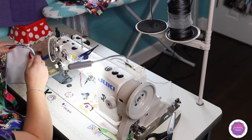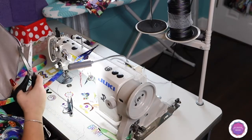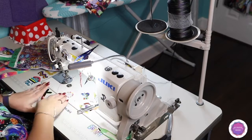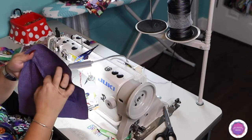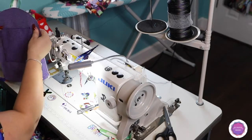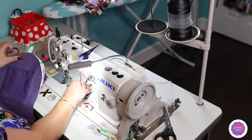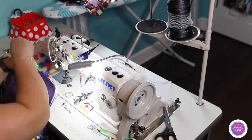And the last step for today, besides removing the excess in the corners here, okay, the last step for today, you want to take the lining that you worked on yesterday, the one that has the pocket, so this one with the pocket, and you want to place it wrong sides together. So wrong sides together. This backpack finishes with a binding. So it's going to be super easy to stitch because you're stitching the lining to the main, wrong sides together,